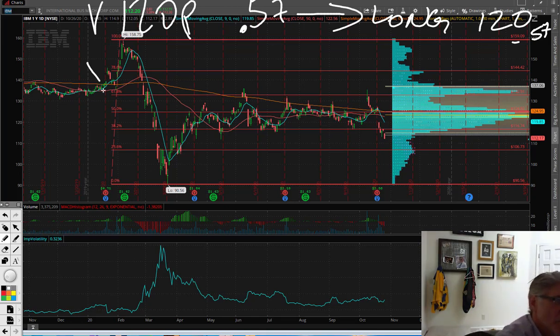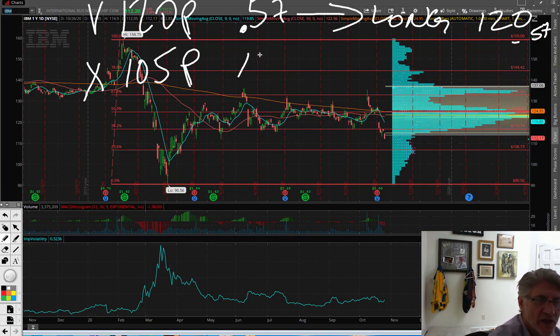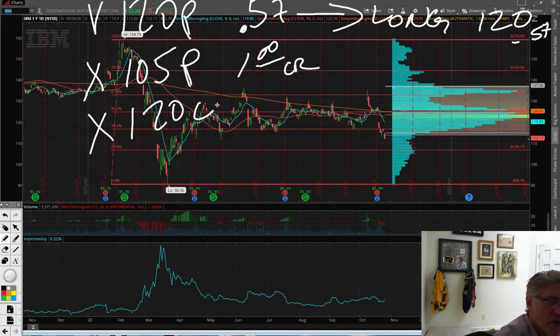I sold some November options, which expire in 20-some odd days. Sold the November 105 puts, which are getting very close. You can see we've broken down here. Sold those 105 puts for $1 credit there. So again, trying to lower my overall cost basis, and I sold the November 120 calls in there